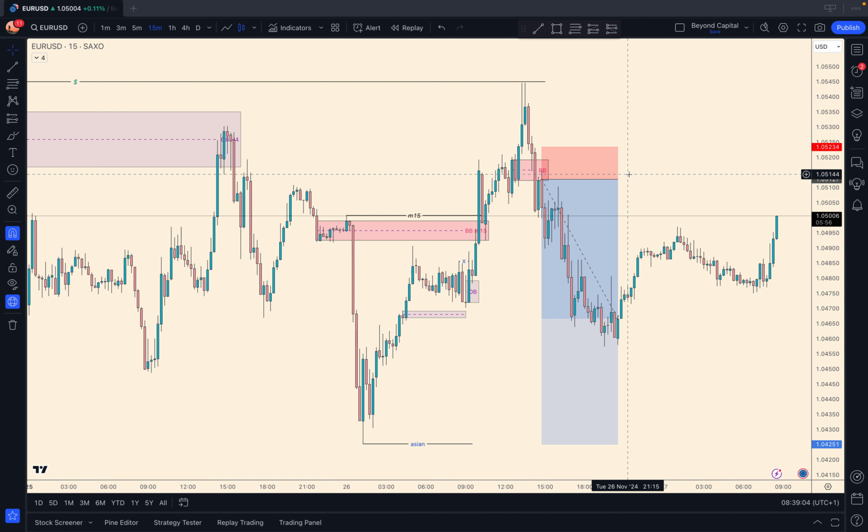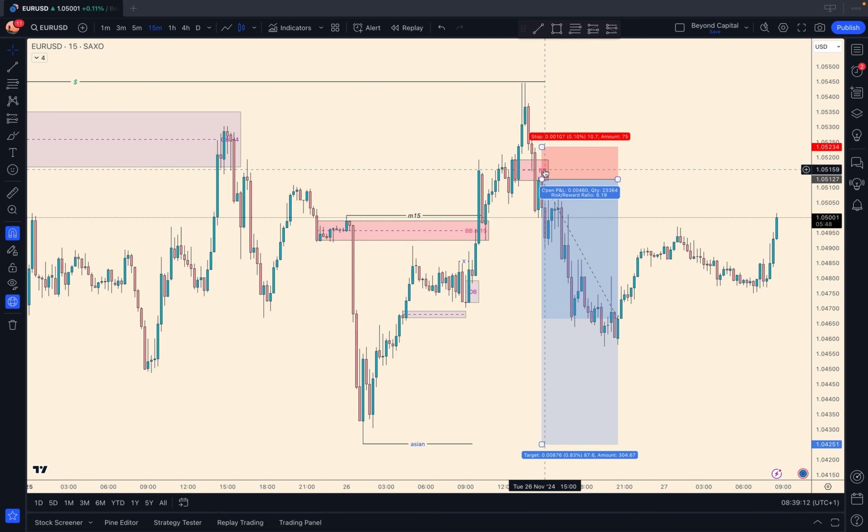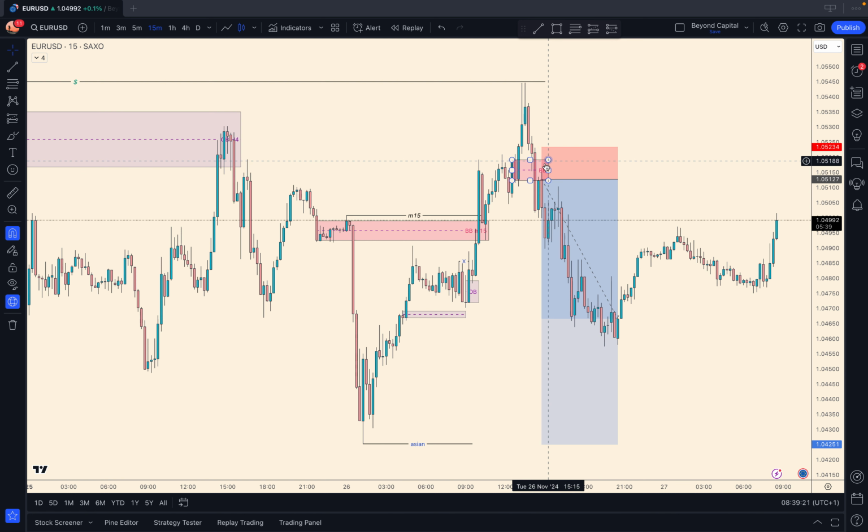So New York went better than expected. To be honest, I ended up trading just the first hour of the New York session, so between 2 and 3:30 p.m. And as you can see, I took a trade on euro dollar